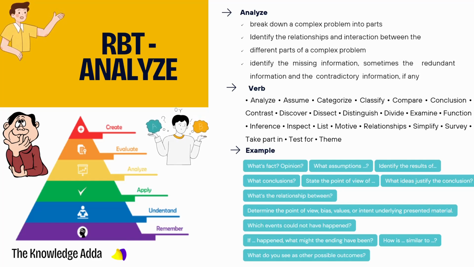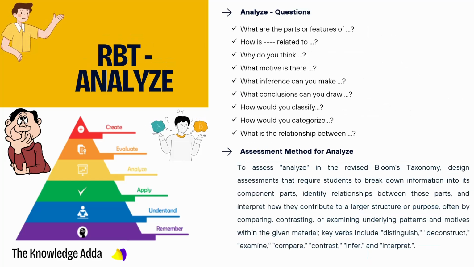So in this type of RBT level we find verbs like analyze, assume, categorize, classify, compare, conclusion, construct, discover. Okay, so some examples you can see here. What are the parts or features? How, why do you think? What motive is there? So this type of question is an example of